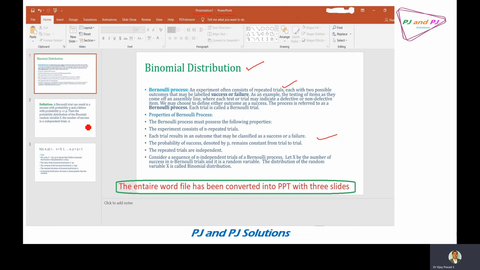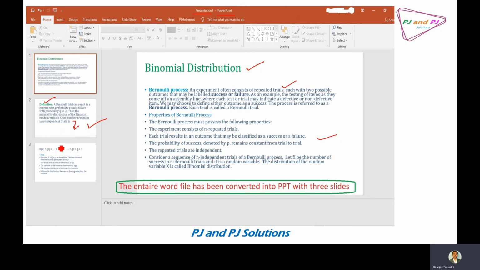Whereas when we come to slide 2, which is this definition, I have set it for Heading 1 only. Why? Because I have given Enter after this. That is the reason the equation which has to come in this slide has taken the next slide. This is the problem of the Enter.